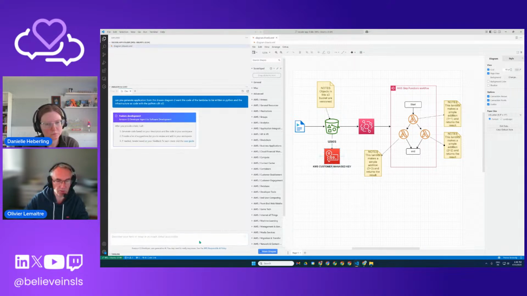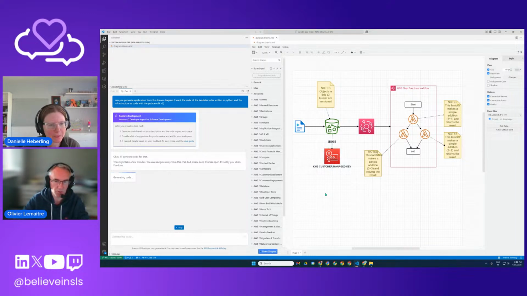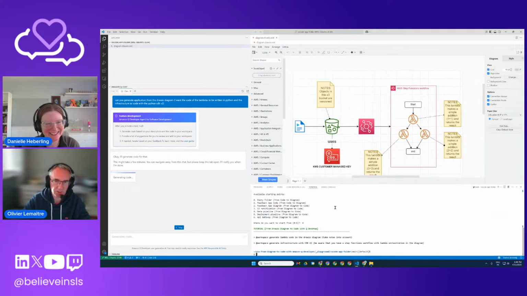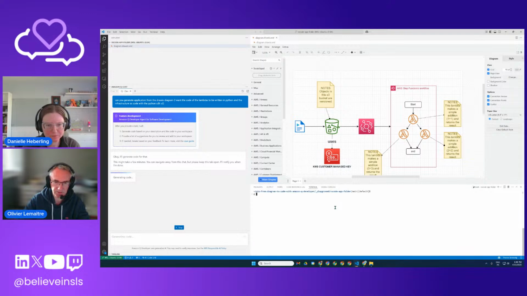So I will click on dev, and then it will start analyzing my diagram and preparing all the files that I need to deploy my application. The thing is, we're not going to wait because it will take about 3 to 4 minutes more or less. So what I will do is simulate it, because you will find this in the GitHub repo. There is a result that I recorded, and I will